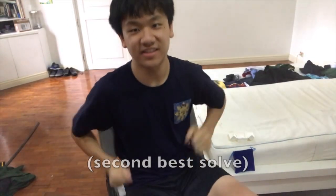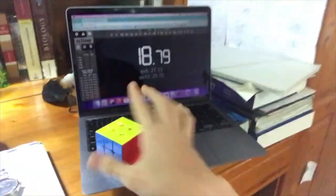Yes! Yes! Yes! 18.79, yes! Now I know what it feels like to get a world record. I was literally clapping out of instinct. Oh my god. It's so funny because A-perms are one of my slowest algorithms. The fact that my second best solve ended with an A-perm is...